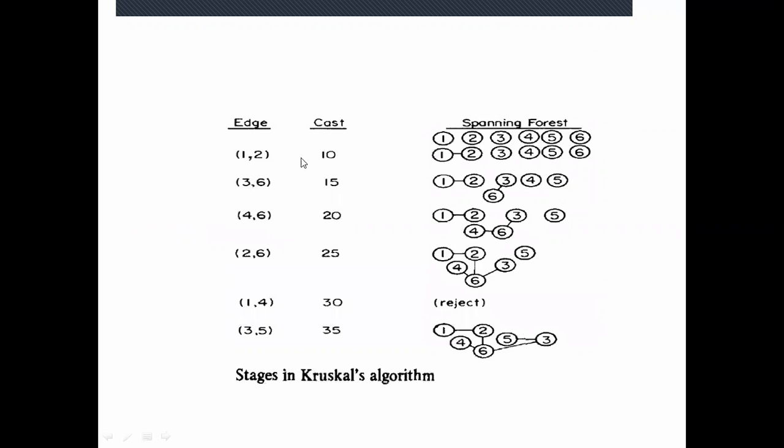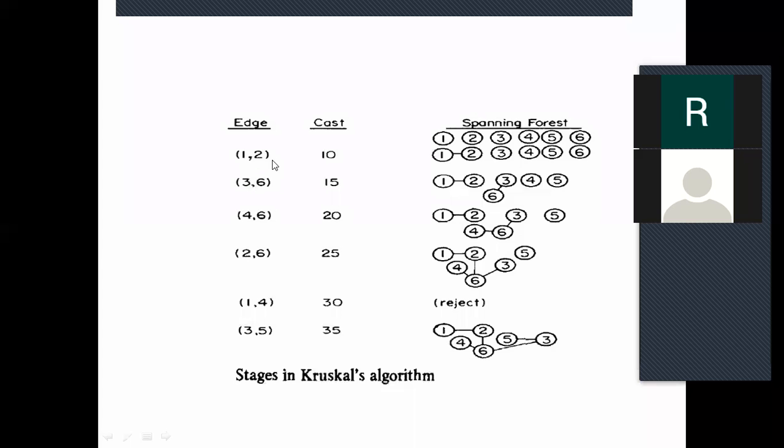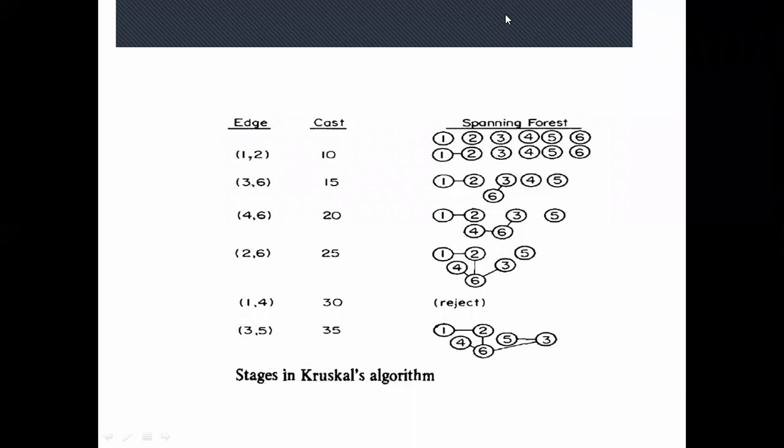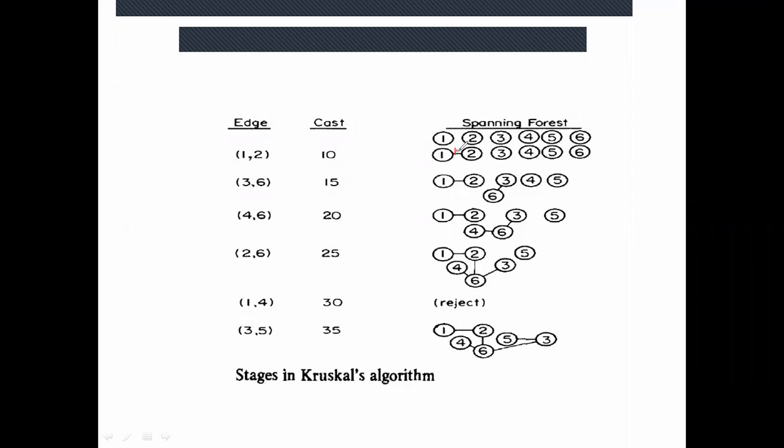That doesn't matter. Okay, like over here, the first edge that we need to consider is 1, 2. Cost was 10. Add that to your spanning tree, but write down the cost over here. Is it creating any cycle? No. So add that. You can write that you add edge 1, 2 to the spanning tree, since it is not creating any cycle. Next 3, 6. Add 3 and 6, it is not creating a cycle. Then 4, 6, it is not creating a cycle. 2, 6, not creating a cycle. 1, 4, reject. Why reject? You need to write down that it is creating a cycle. Next is 3, 5. Okay, 3, 5 you add.